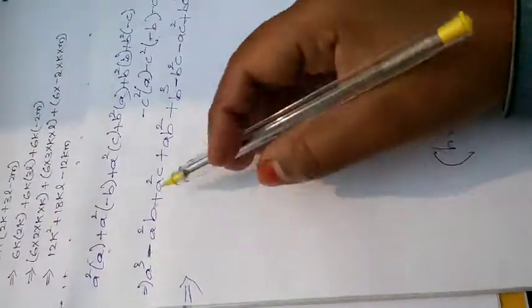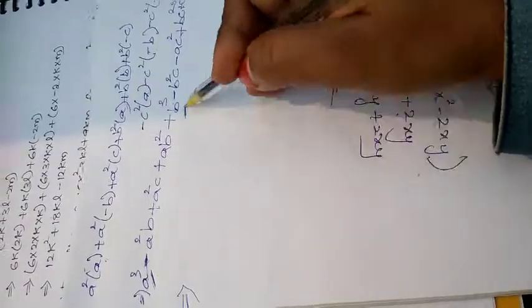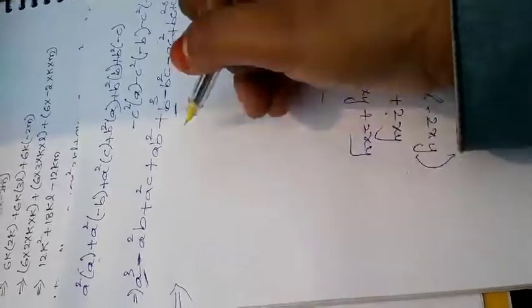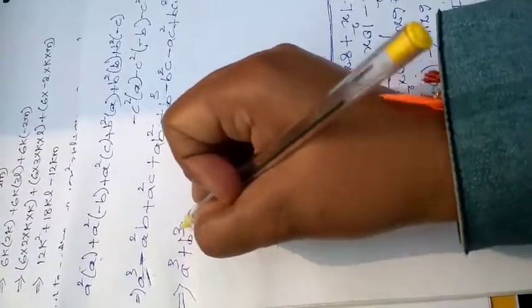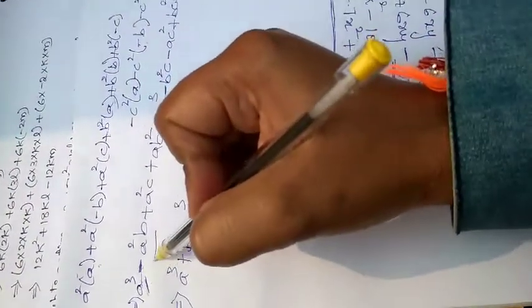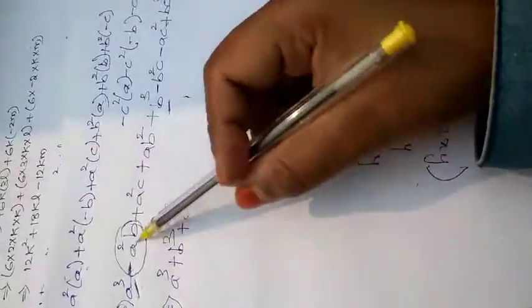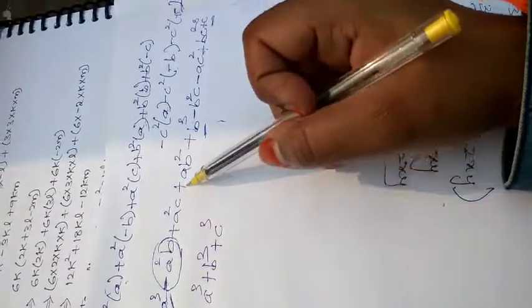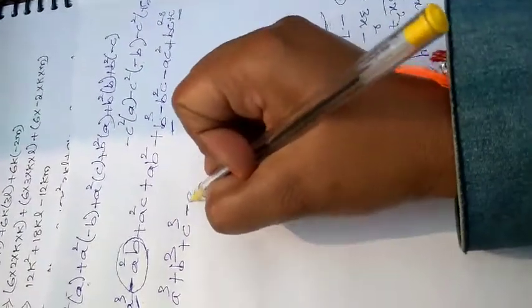Standard form is decreasing order of the degrees. Okay, so here we have a cube, next here we have b cube, next here we have c cube. So let me write that a cube, b cube and c cube together. A cube plus b cube, and here it is plus c cube only. So let me write c plus c cube. Next minus a square b. Let us see whether any like terms are there. Minus a square b. So see, any a square b is there? No. So we'll write minus a square b as it is.